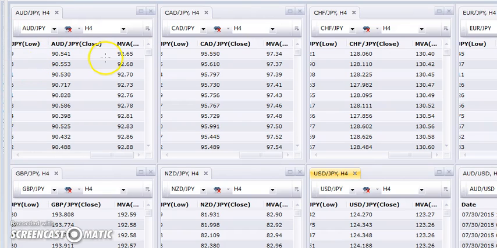Now here is where I get my information when I do my strong week rankings. I'm not looking at charts. I'm just simply taking the daily close and the current 200 moving average off of the 4-hour chart, and I'm doing that with the 7 yen pairs. The yen is always ranked last against any pair, so the yen makes a natural common denominator for all the other currencies. And I'll take that information off of this page that you're looking at right here,